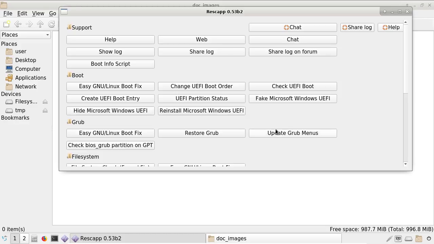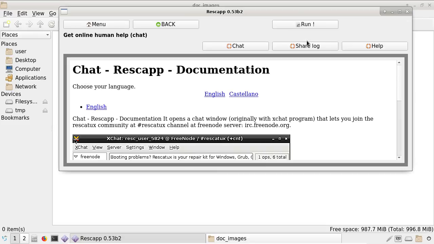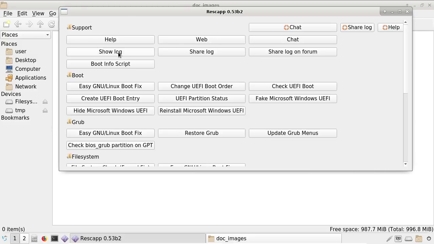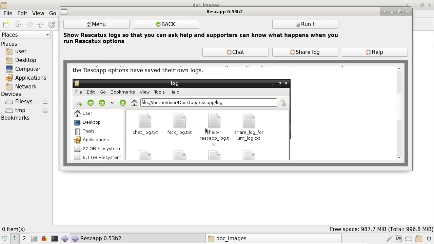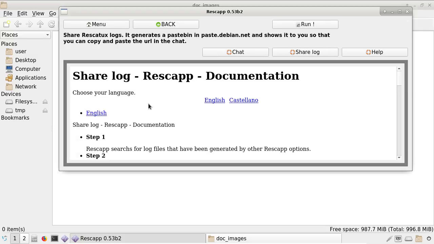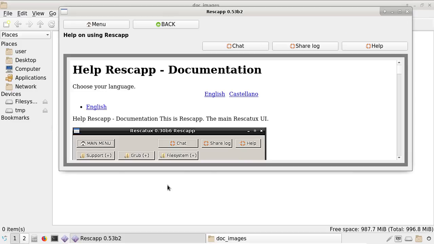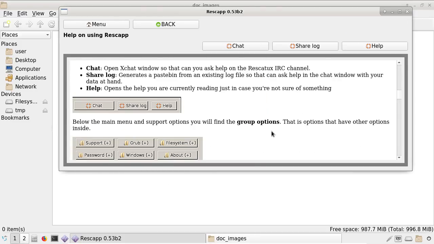So first of all, help has its own help. That's the web, and I don't care about explaining that web. It's going to open Firefox chat. Yes, that has a documentation, and some of the documentation is also outdated. This is the log, the shared log. And the other thing is that this help, which is the main documentation, is outdated because